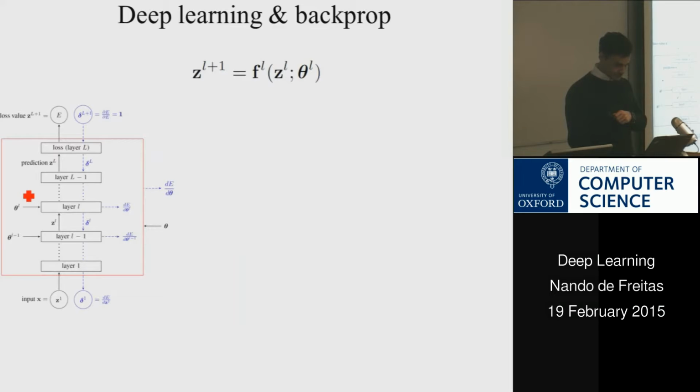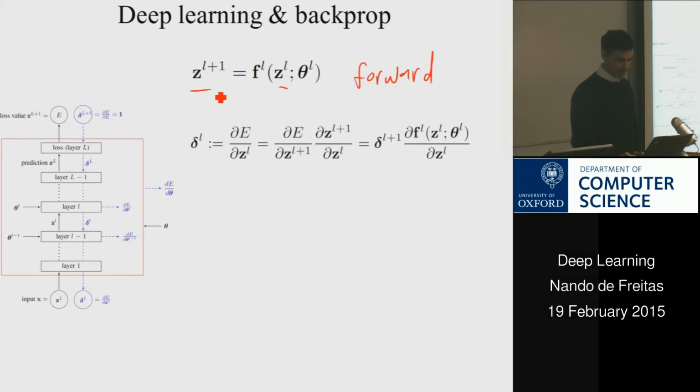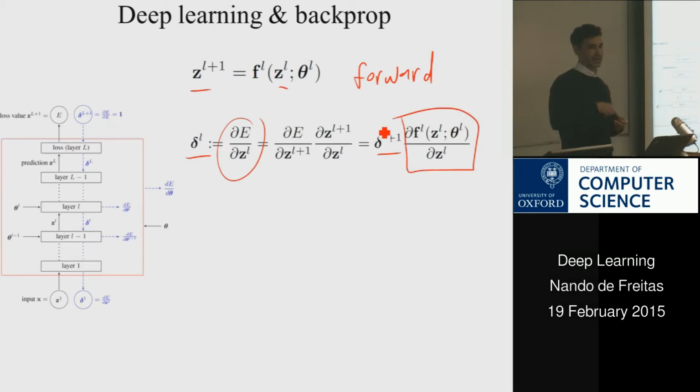Okay, so let's look at backpropagation. In backprop, we do the following in the layer-wise view. We need a forward message. If we have an input, we send it to the next layer by evaluating the forward message. We compute the derivative with respect to the input to get the backward message, to get a recursion for the deltas. And in order to get that, all we need is to be able to compute for the layer the derivative of the output of the layer with respect to the input.